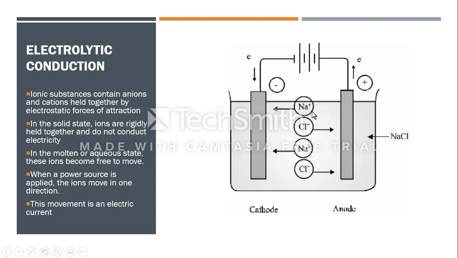Now when it's in its solid state, so think of solid salt, we have that rigid lattice structure, and it is keeping the ions held together, right? And it cannot move. But when it is molten or in the aqueous state, such as this, they are free to move, right? Because remember, liquids flow, and the atoms and whatever charged particles are able to move inside the liquid or solution. Again, when the power source is applied, the ions move from one direction to another. And the movement of ions, in this case, is called electricity,